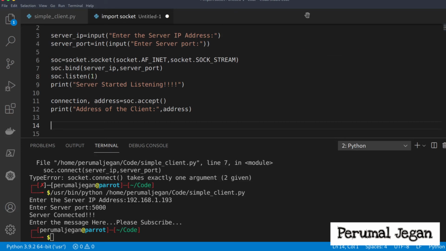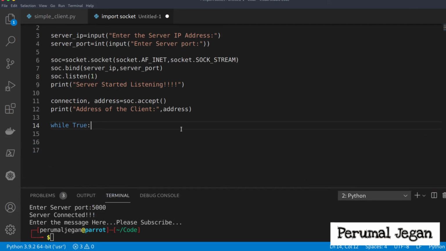Now I'm going to use a while loop. I'm not mentioning any condition, simply, and I need to give the colon. When I give the colon and press enter, just listen carefully. As I scroll down, you can see the cursor is not pointing to the beginning of the line, because this is called indentation. From here only you need to define the while statement. So I'm defining the while statement.